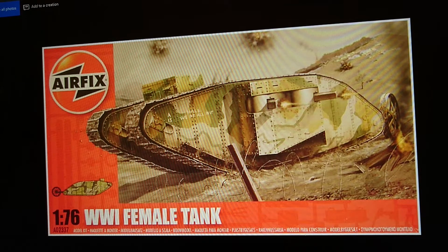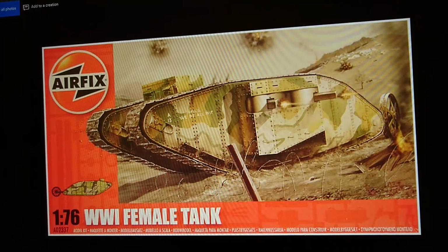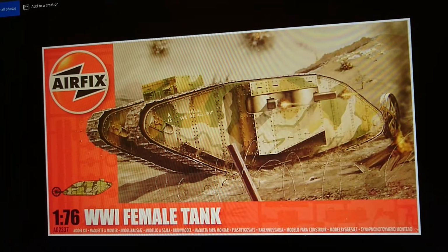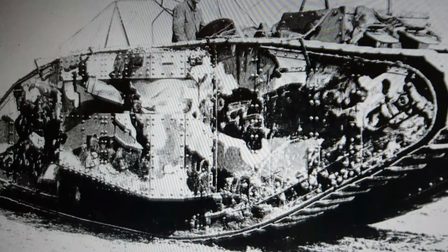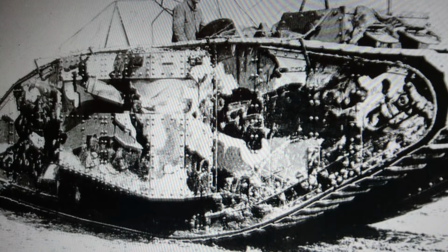It was released in 2009, and as you can see, it's a Series 2 kit, and there is a reason for that, and I'll explain in a minute. We'll just come away and show you an image there. This is the only decent image I can find of a female Mark 1 British World War One tank. Interestingly, it has a lot of appendage on the top of the tank there. I don't really understand what all that stuff is for, but there were different adaptations applied to the top of a lot of Mark 1 male and female tanks for use in theatre in